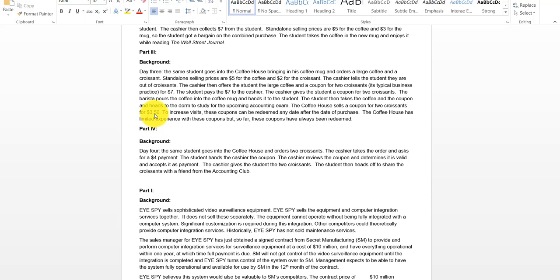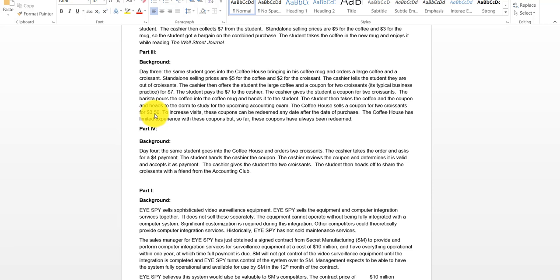So we've already made an adjustment to the value of the coupon to make it $3.50. So this is 2 performance obligations, the coffee and the croissants. And the sales price is $7. So to allocate the sales price between the 2 performance obligations,